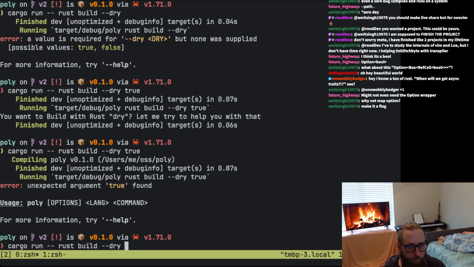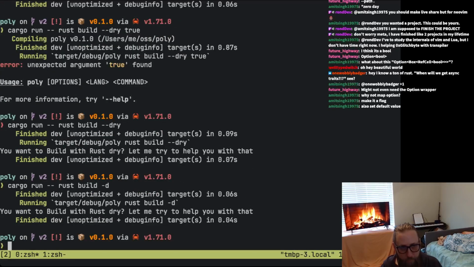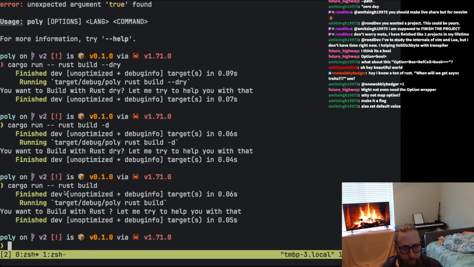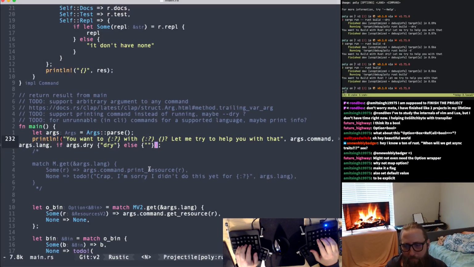Unexpected argument true found. Beautiful. I like that. That looks good. And if short works the way I expect it, we can just say dash D, and that also looks good. I don't think I have to set a default value, because obviously somebody could default it to true, but that's usually not how CLIs work. If you have a flag, it just assumes the default is false. But let's try it without it. Yeah, perfect. That's what I would have expected. It's a fair point, I could do it to be explicit, but I think if somebody knew,